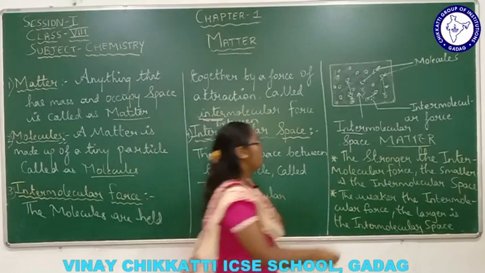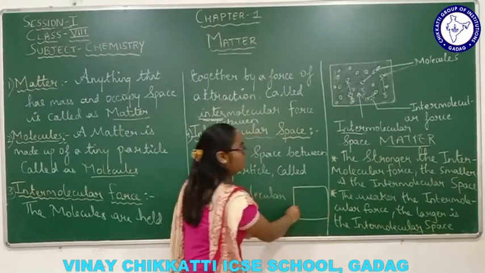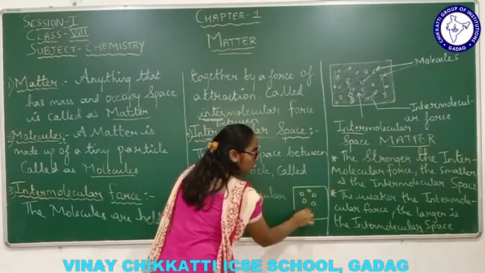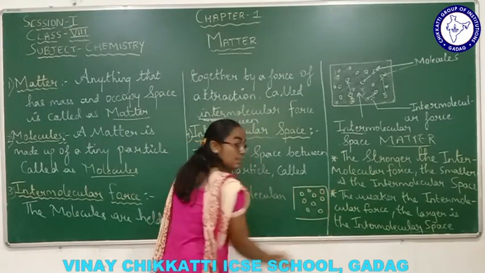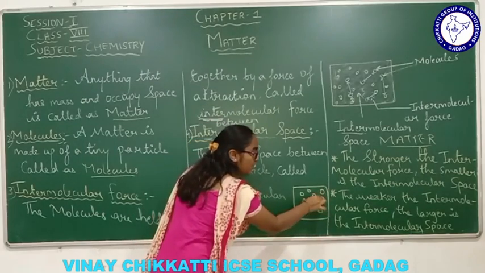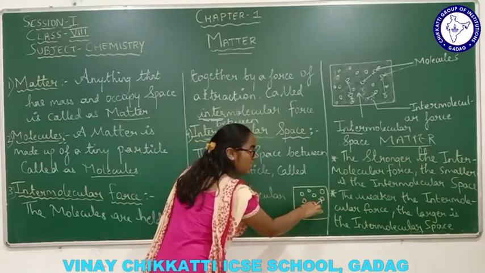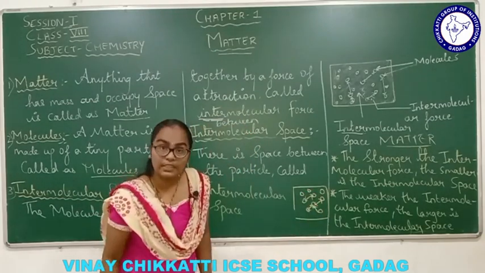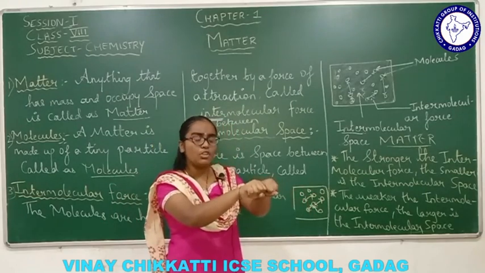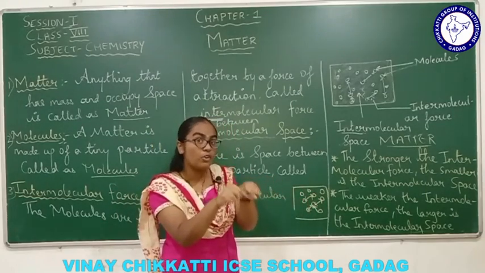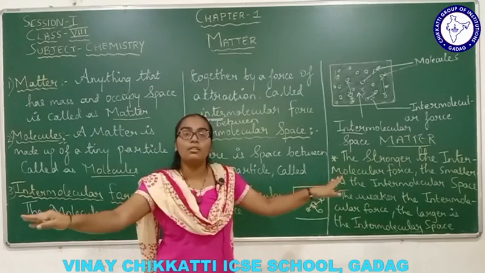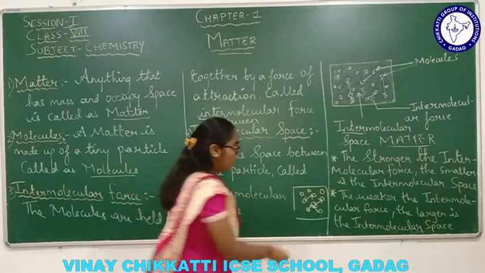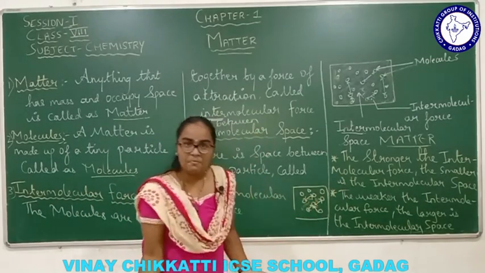Understanding my point, right? Suppose this is the matter. The molecules are residing in the matter, so there should be a certain force. This is what is called intermolecular force, the intermolecular force of attraction. If this intermolecular force of attraction is stronger, the molecules will no longer move apart from each other, right? They will be more strongly held with each other. Then the space between them will be very less, right?